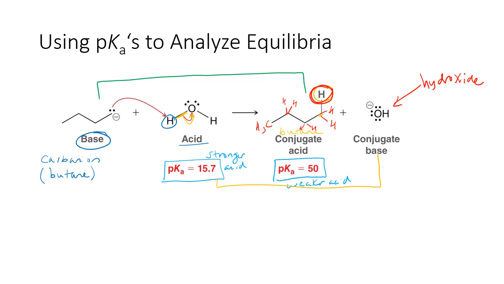In this case, notice that a single arrow was drawn. We could say that this was an equilibrium to some extent, and if it was, it would be pointing towards our weaker acid and weaker base. Also, hydroxide would be the weaker base on the same side as the weaker acid, and the carbanion would be our stronger base, same side as the strong acid. Those two always go together. So it would point to the right. But notice that we're not even using a double arrow here because this really isn't